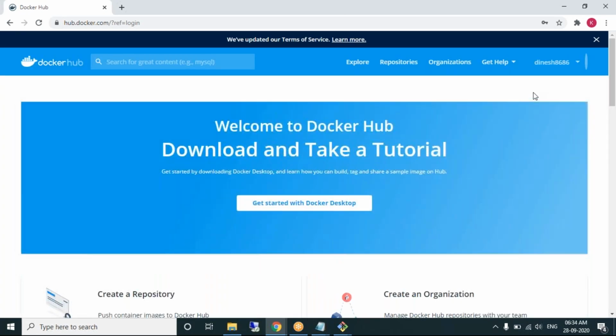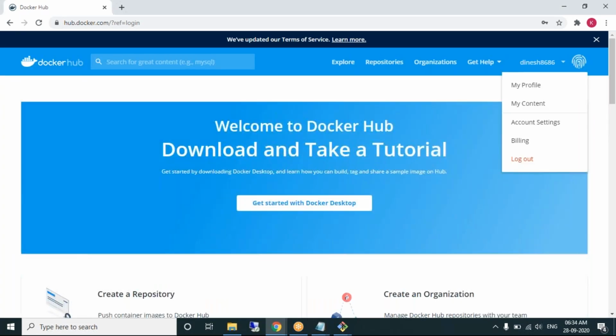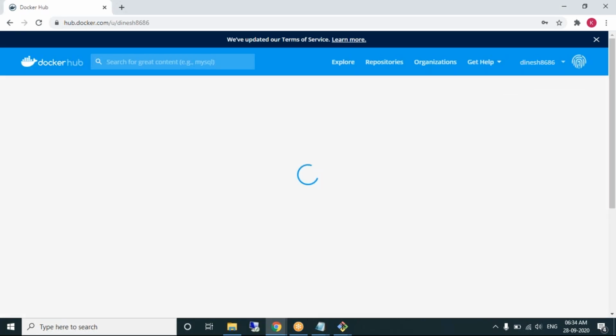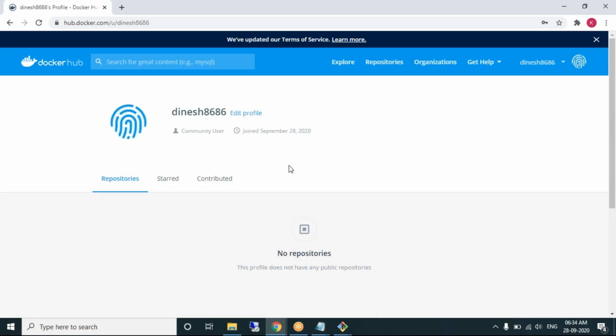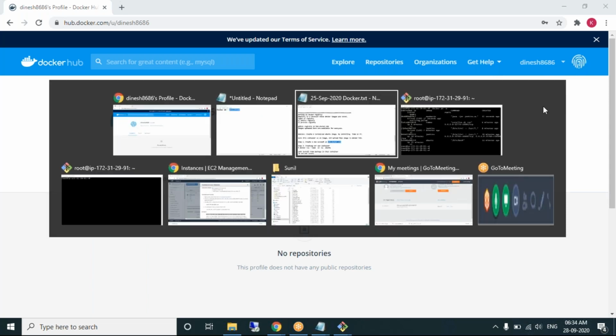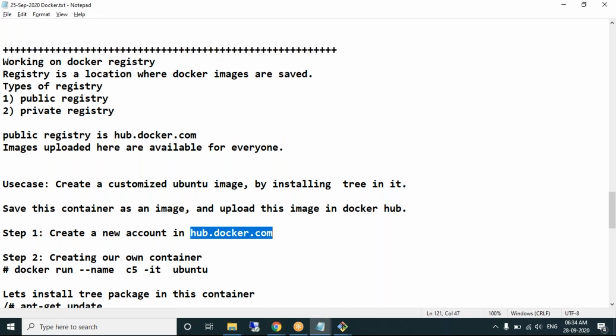This is how you need to activate your Docker Hub. This is our profile. So log into Docker Hub, because we want to upload the image into our Docker Hub. So create a new account.